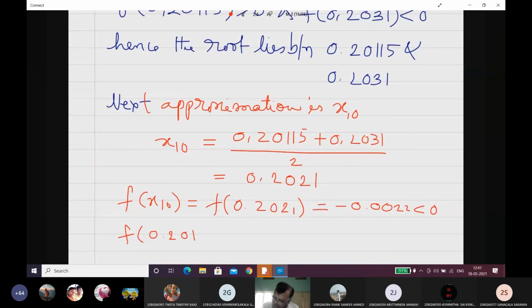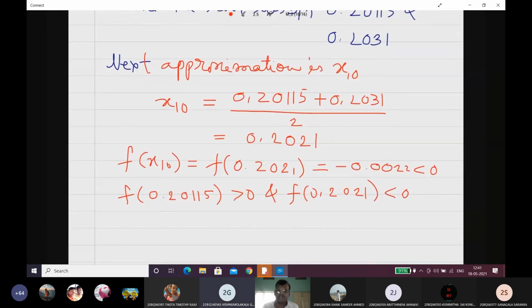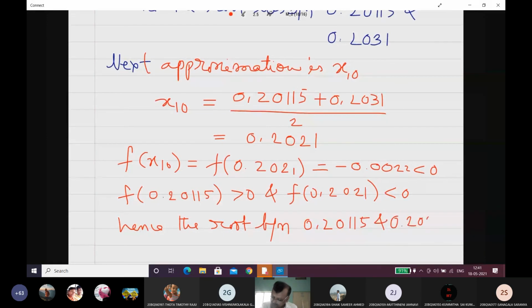That means f of 0.20115 is positive and f of 0.2021 is negative, hence the root lies between these two, between 0.20115 and 0.2021. Next approximation is